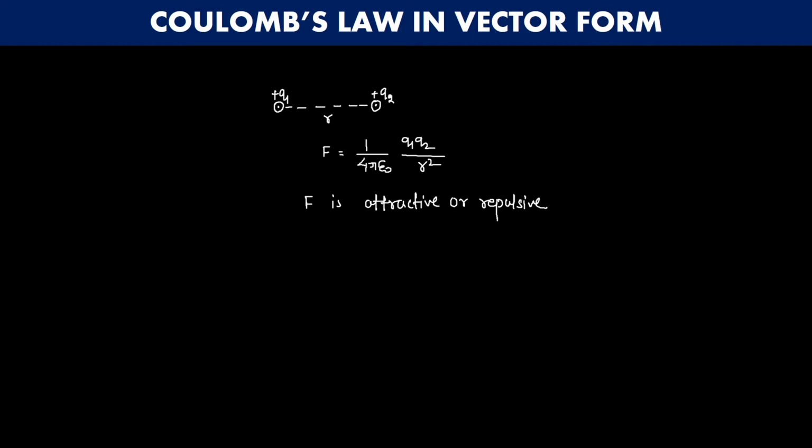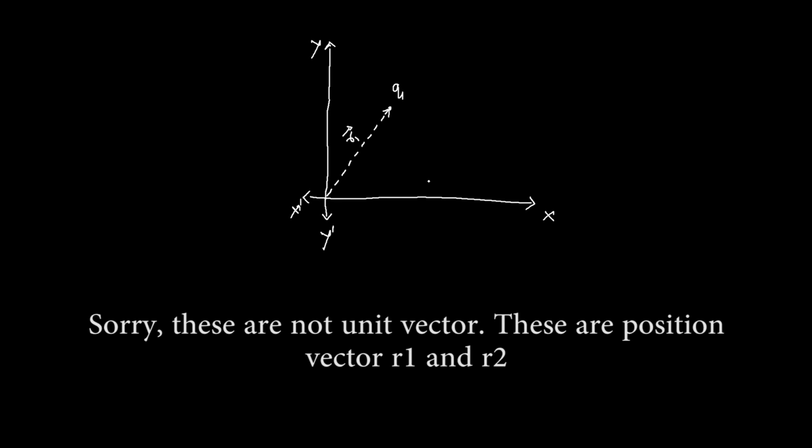ठीक है। तो अब देखिए, if two charged particles are in this Cartesian plane, suppose this is our Cartesian plane, and suppose the unit vector of charge particle Q1 be R1, and the unit vector of charge particle Q2 be R2. ठीक है।